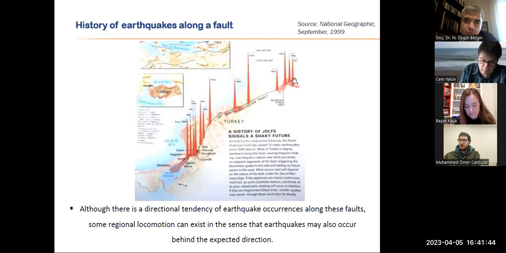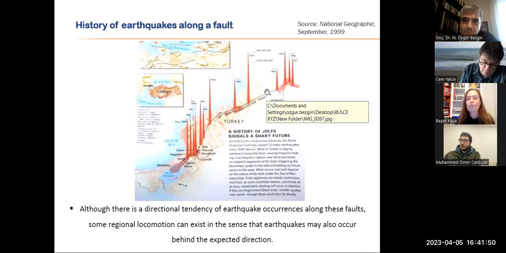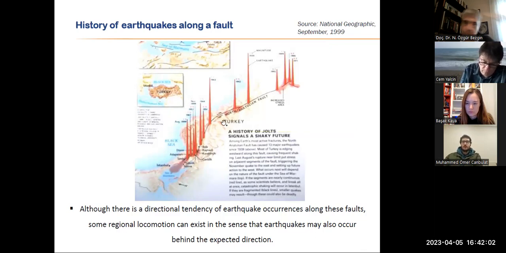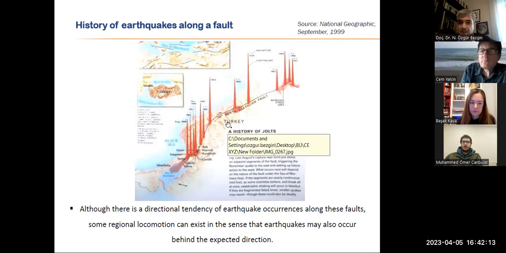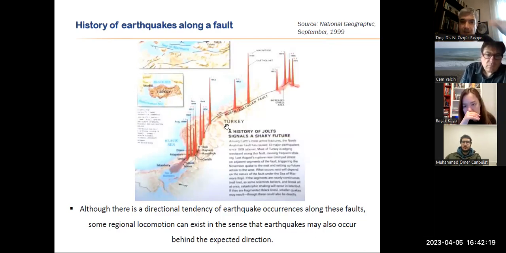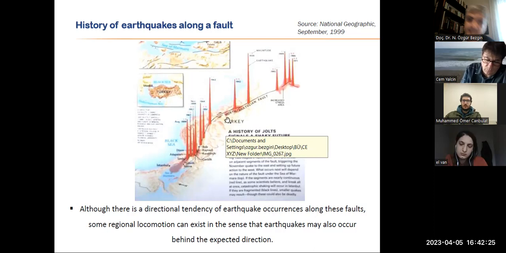Because when one part of the fault slips, this slippage releases the energy at one part and then accumulates the stress on the part of the fault ahead. When that part breaks, it moves, but then this movement causes the accumulation of the stress in the further part. So we know that it's going to happen. That's where the stress is transferred. We don't know when it's going to happen, but we know that it will happen. And when it does happen, we know how much magnitude it will produce. So we can design accordingly.